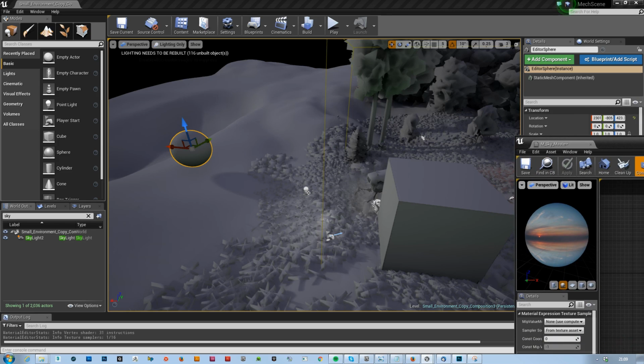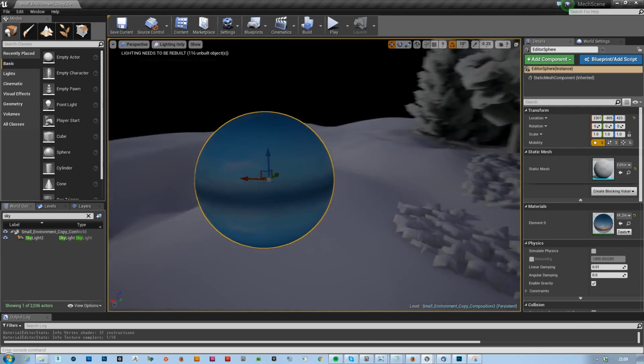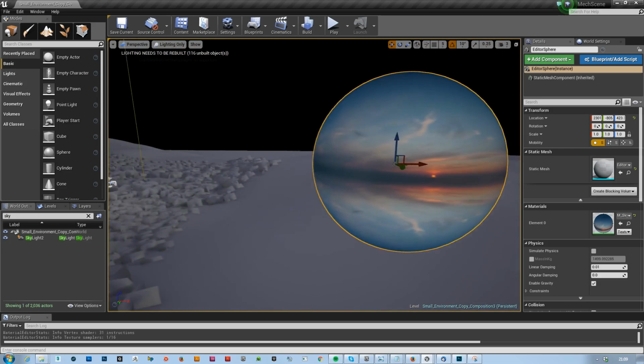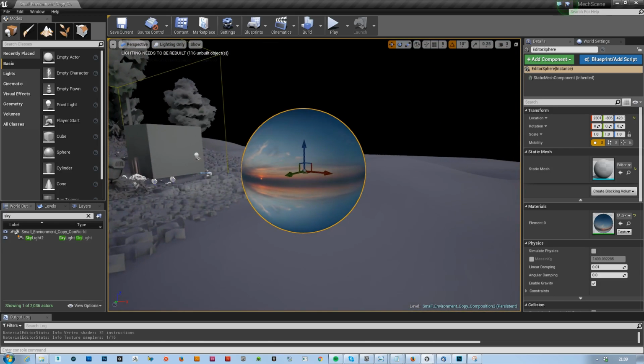So I'm gonna drag this on my sphere. Okay, we don't need to actually flip it, but one important thing that we need to do is